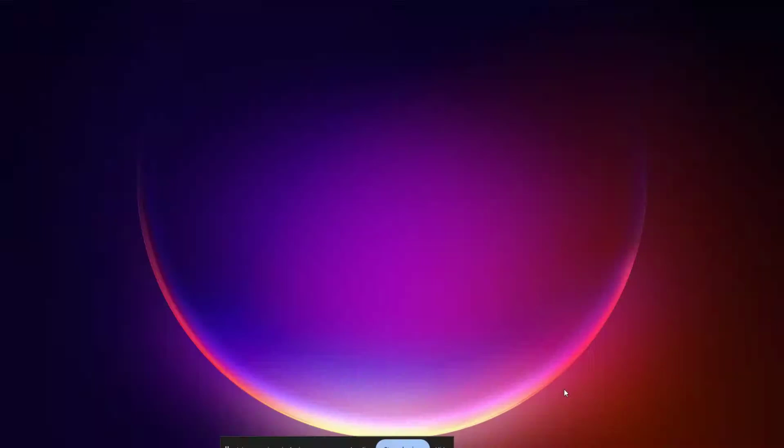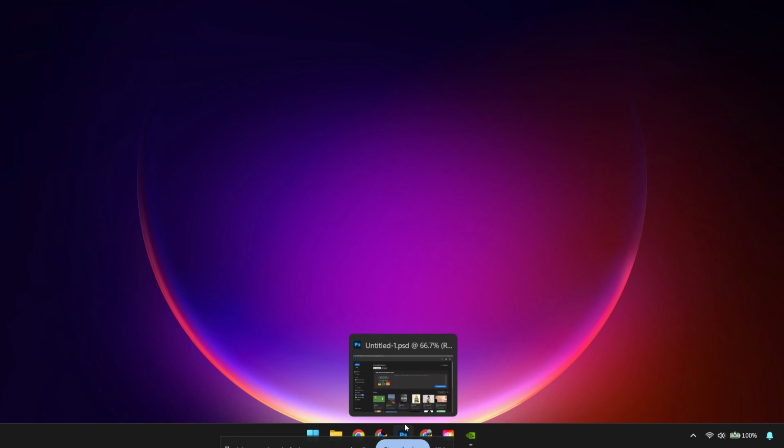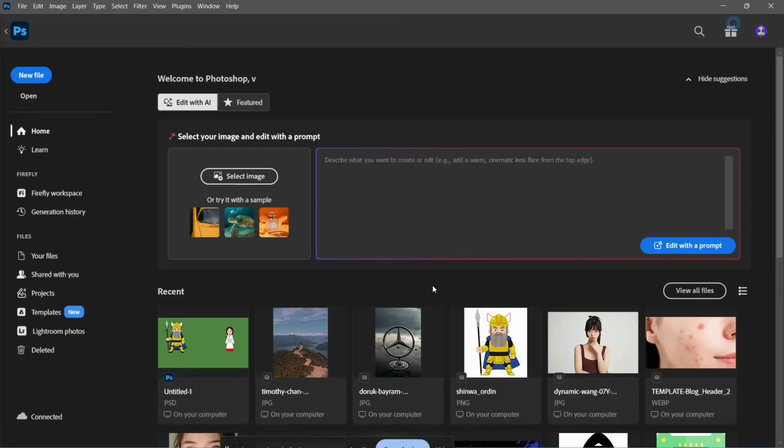If Photoshop is showing an error today, freezing on startup, or just refusing to open the way it should, don't worry. There are a few quick fixes you can try right now before wasting time on a full reinstall. In this video, I'll walk you through the fastest step-by-step methods to get Photoshop working again, and